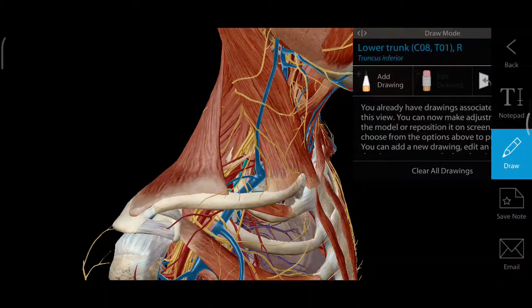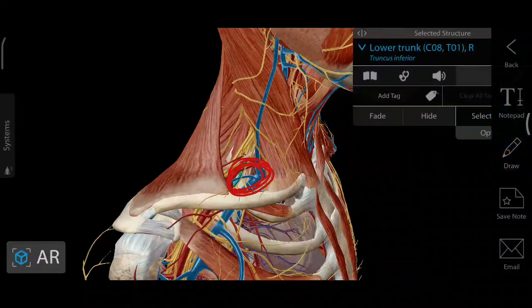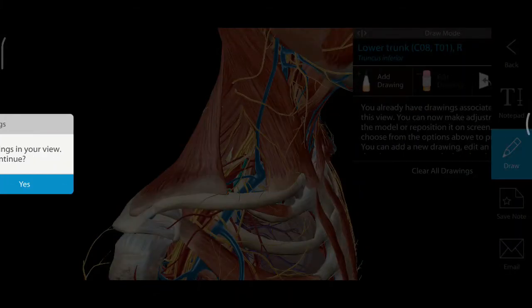The clinicals for this triangle, the subclavian triangle: as I said, we have the trunks of the brachial plexus. So whenever we want to operate on the arm, we can inject the anesthetic agent at this triangle, and the whole upper limb will get anesthetized. So this is one of the clinicals for the subclavian triangle. Okay, now we're going to see the lymph nodes, because they have some clinicals, so I will show you how the lymph nodes are arranged.